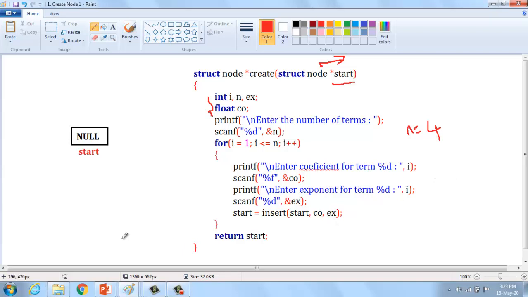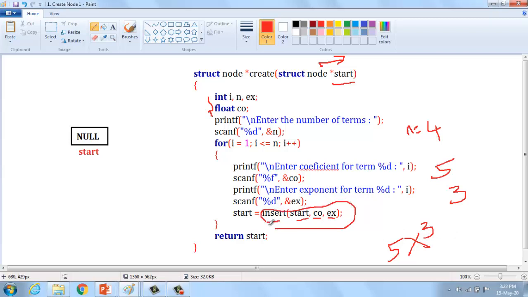After that we are going to call the function named insert, with start, co and then exponent. We are going to insert certain details. If I am going to insert coefficient 5 and then exponent 3, that is 5x power 3, we are going to insert it into the linked list. So what I have to do is call this function.